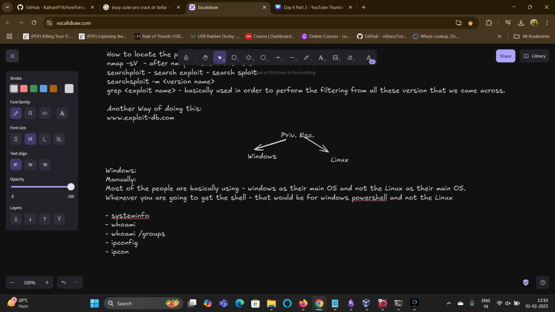Then ipconfig /all. There might be a question in your mind like, how did we get the shell earlier?